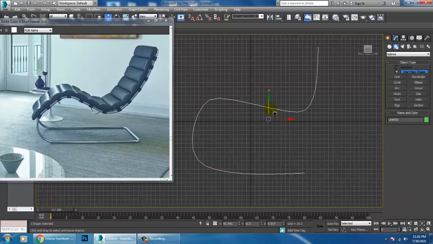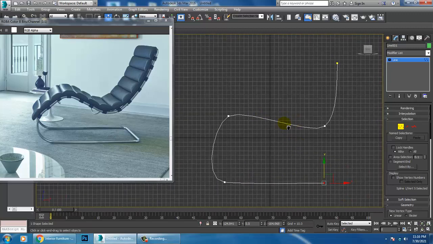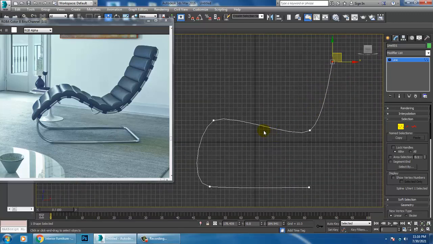Okay, so I'll just go into this and I can slightly make this a bit more straight. So I can easily adjust this element in this way.